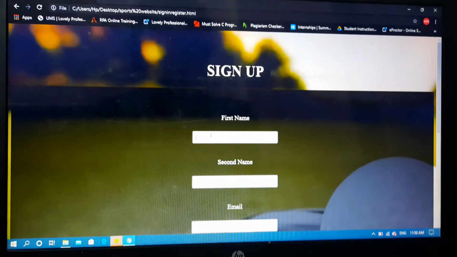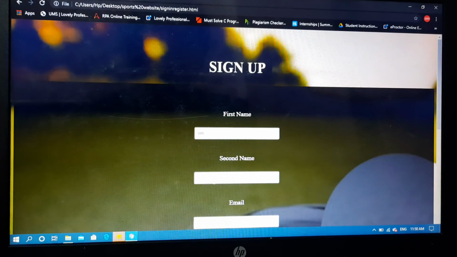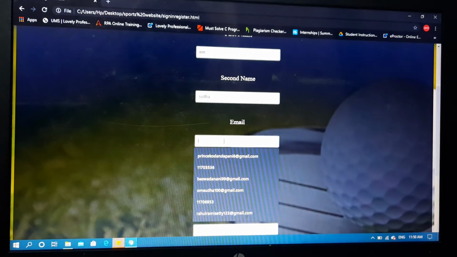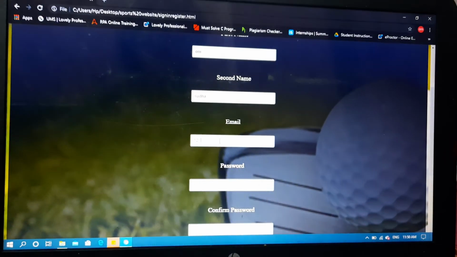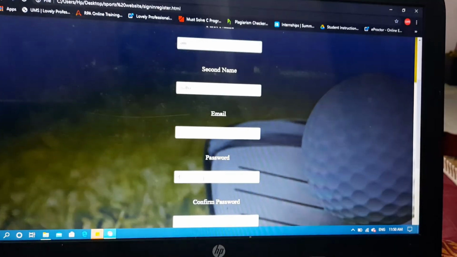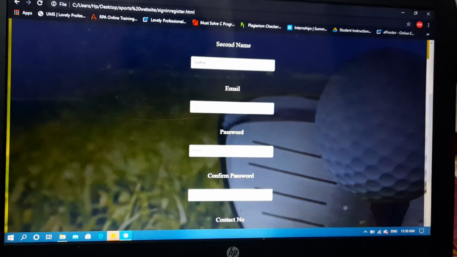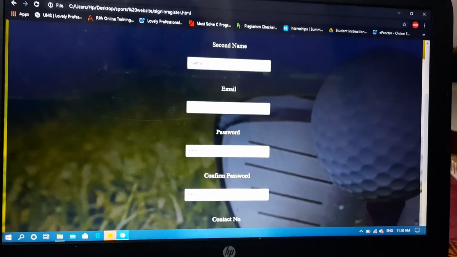For example, let's give it a try. First name, I have done this, and second name. Now if I enter the email as just 123, the password as 123456, and again enter the confirm password as 123456.